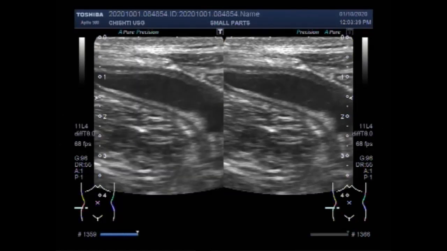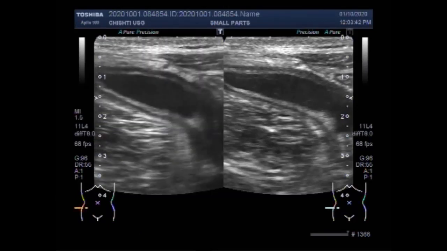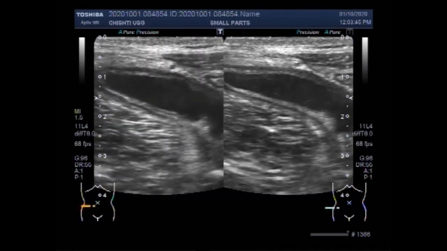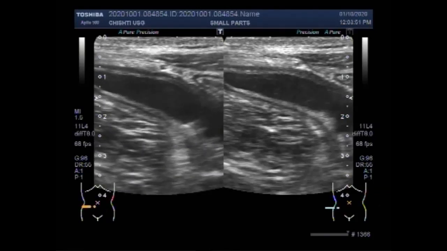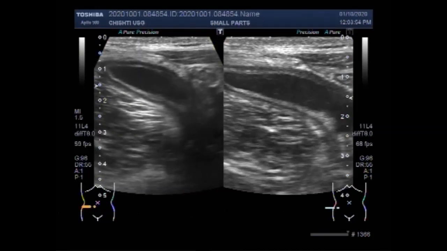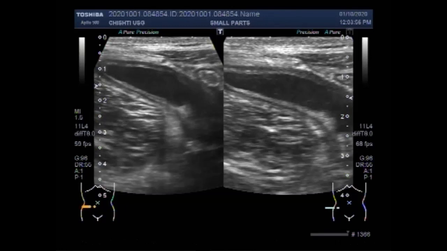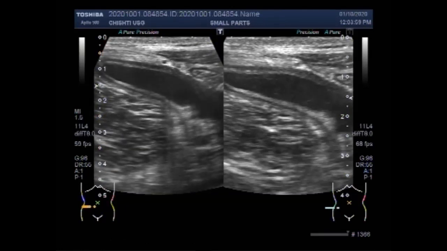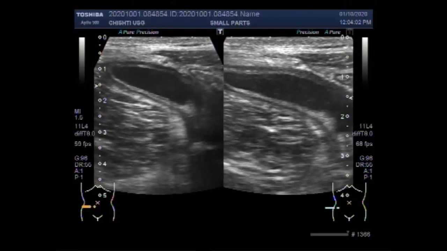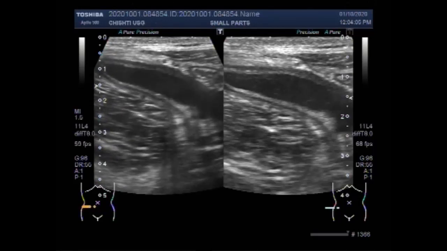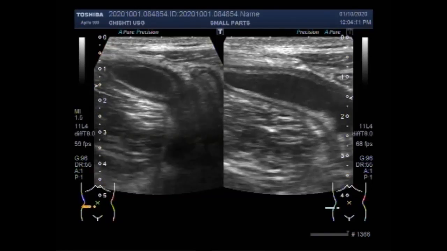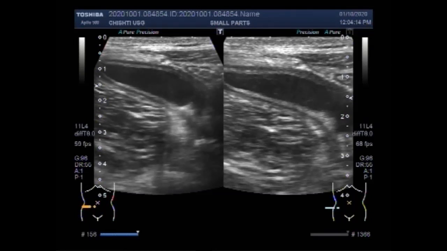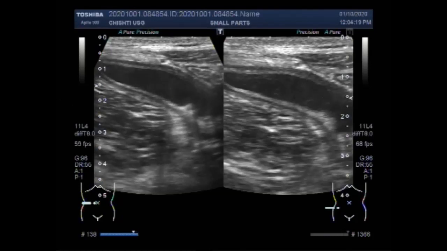Then you will sweep the probe to do the examination in the transverse plane or axial plane, also called horizontal plane or transaxial plane. The position of the appendix is variable from patient to patient, so you will have to look around the cecum to localize the appendix. Localizing the psoas muscle is also important, as the appendix lies mostly overlying the psoas muscle.